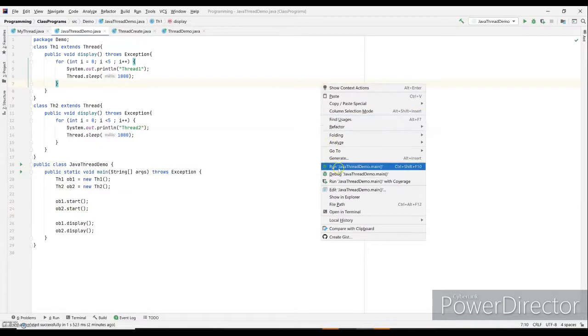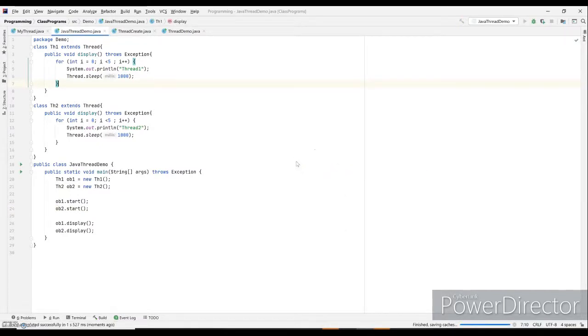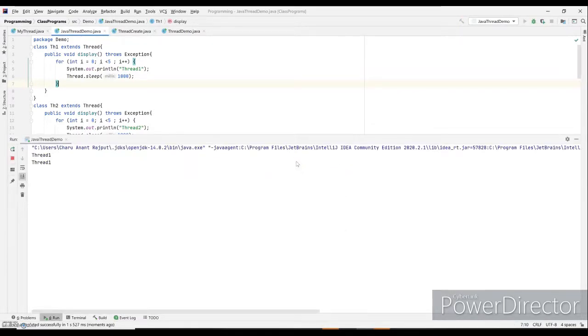Now if I run my function again, it is again seen that I'll get the same output. See, this is the same output.